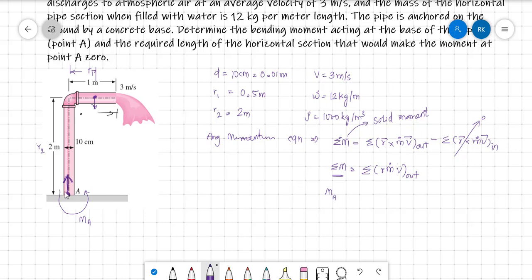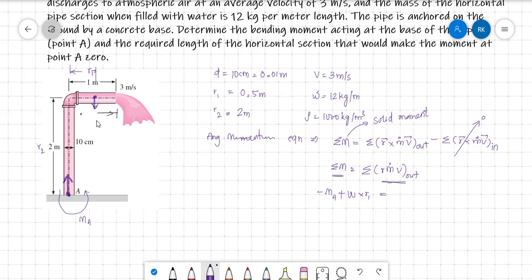I am considering the anti-clockwise as negative, so minus MA, and the another solid moment is due to this weight, about this point A, it is clockwise, so positive, plus weight of the pipe with water into how much is the perpendicular distance, that is r1, is equal to summation of this